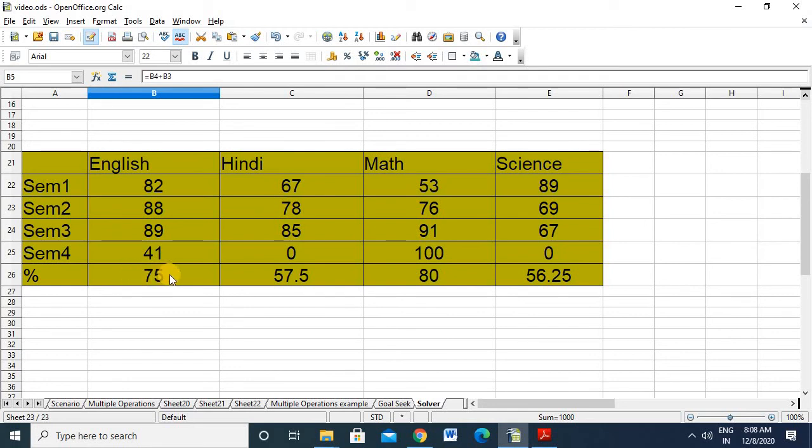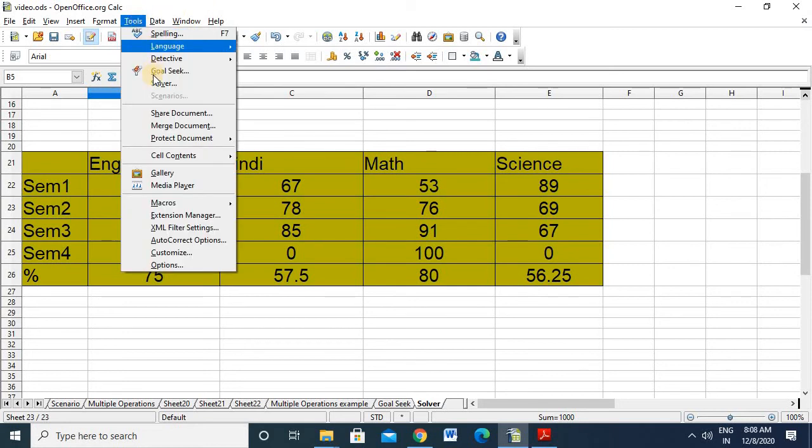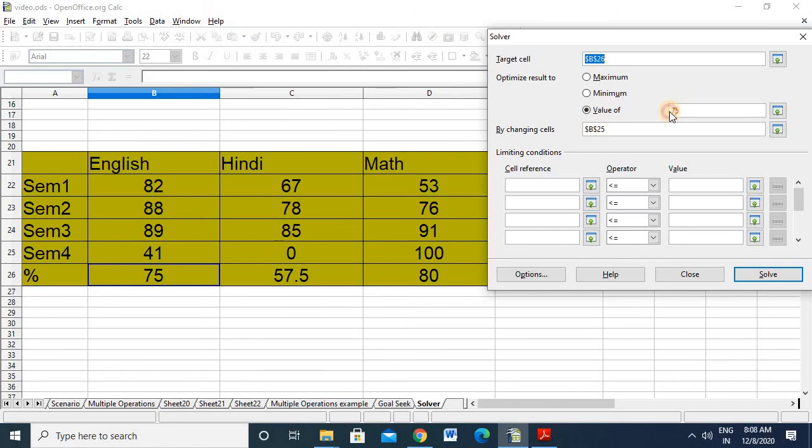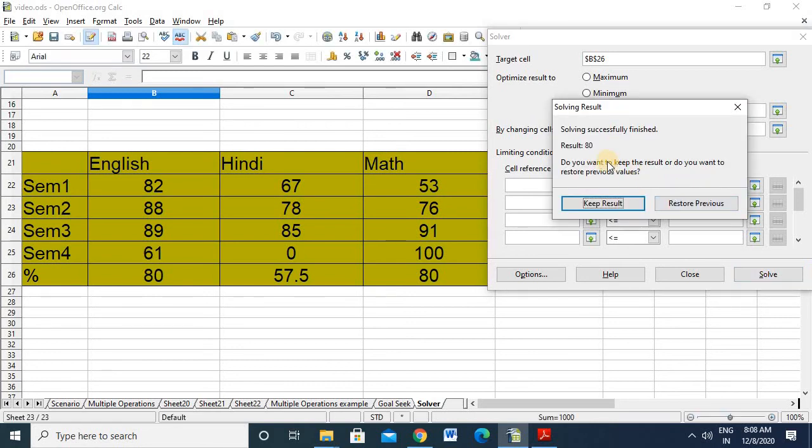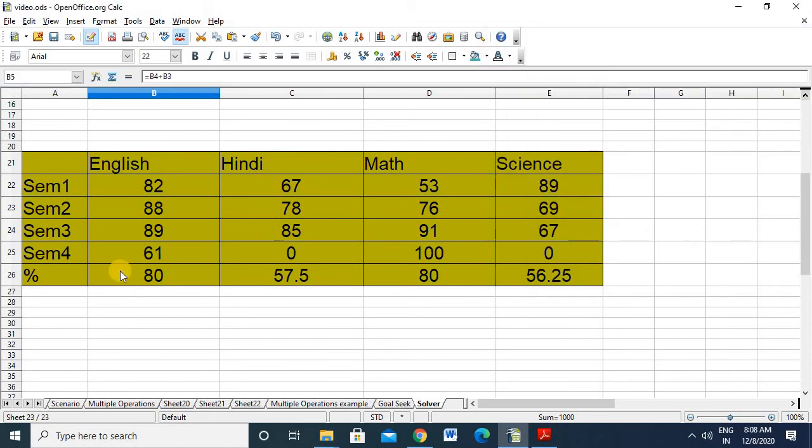Now let me increase the percentage, say 80. If that student has to score 80, then how much does he have to score in SEM 4? See, 61.